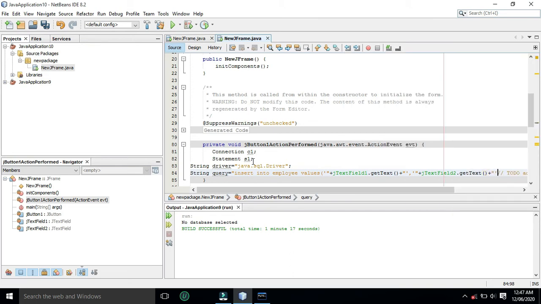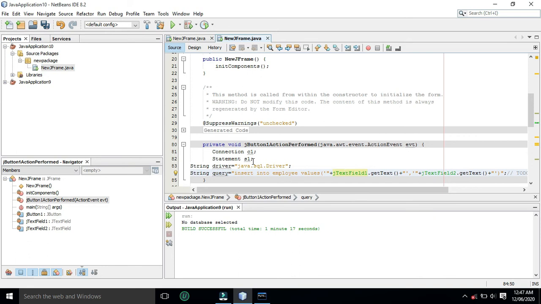Now in this query we have written insert into employee values, then jTextField1.getText and jTextField2.getText. That means it will insert those values which will be entered by the user in text box 1 and text box 2.